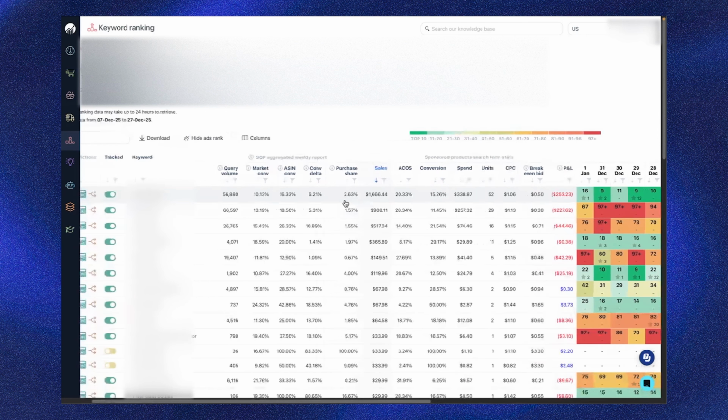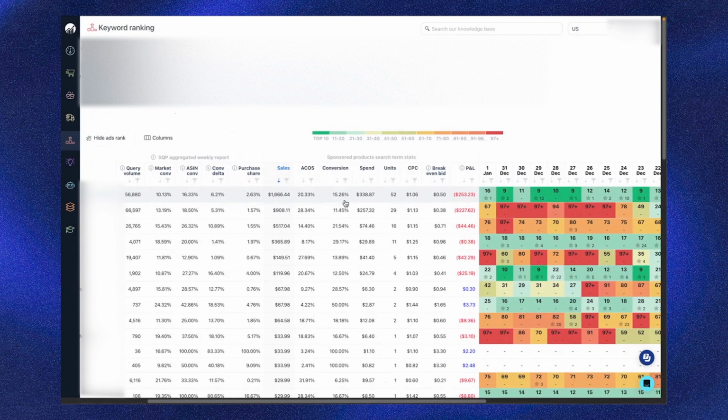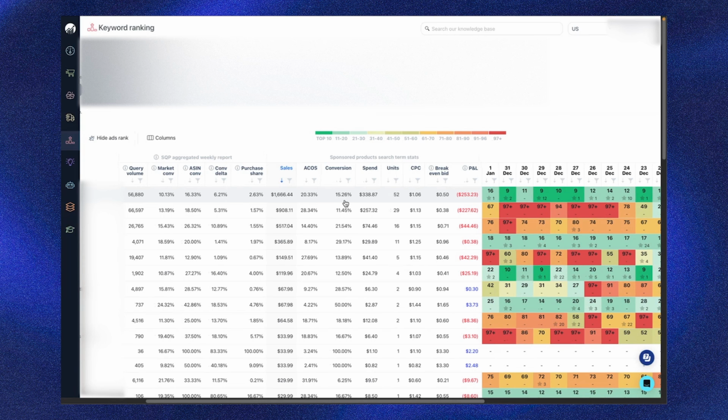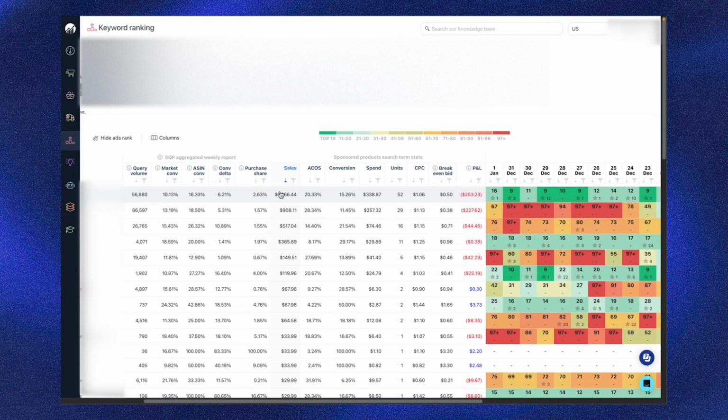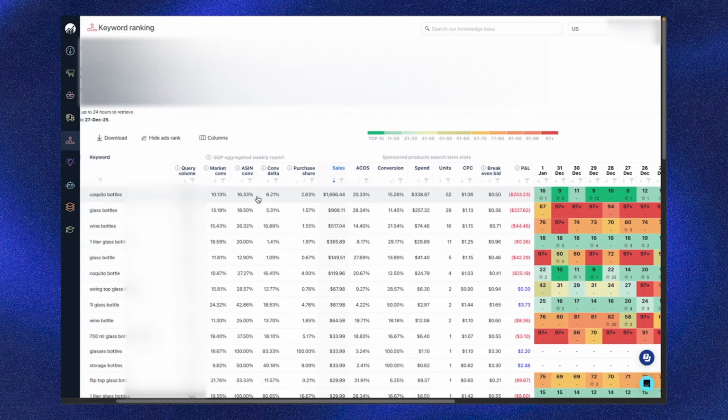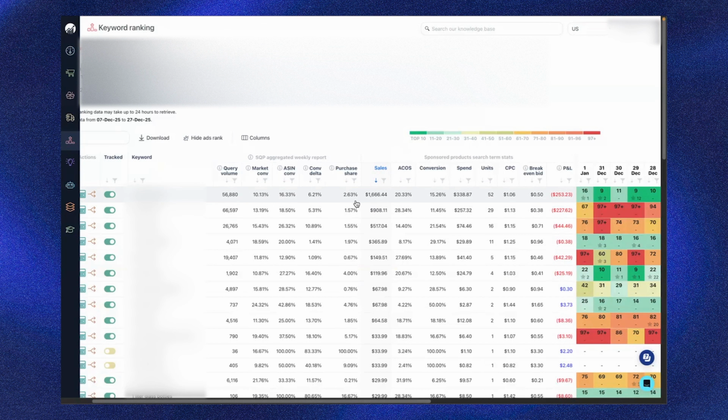And we can see that here, for example, we have a lot of relatively strong performing search terms, but what is most interesting is to look at the purchase share. Obviously, this is our best-selling search term, but we can see, even though our conversion rate compared to the market is 6.2% better than the market, we only get 2.63% in the last 30 days. Granted, for that ASIN, for that search term. And that is according to Amazon.